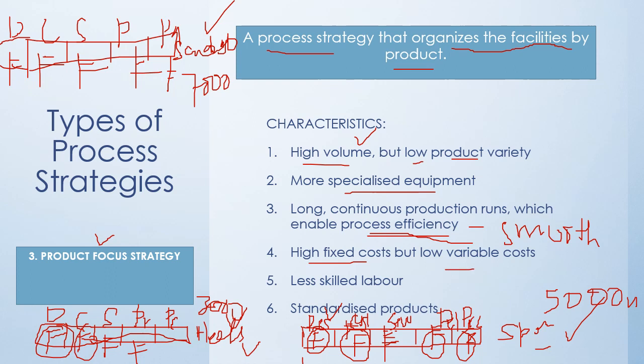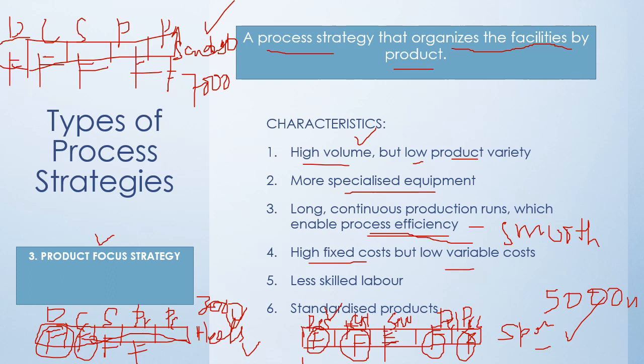So because the company is using product focus strategy, the fixed cost is high because a lot of similar machines are purchased. A design machine is purchased for sport shoes. The design machine is purchased for high heels. The design machine is purchased for sandals. Okay, 3 design machines must be purchased for 3 different types of products. So that involves a very high cost. Tu baru design machine. We are not taking into consideration the cutting machine, sewing machine and all other machines